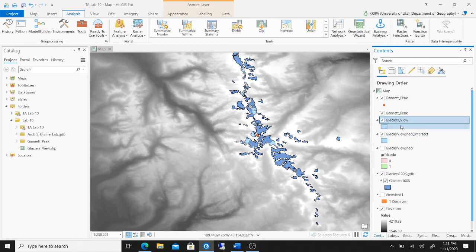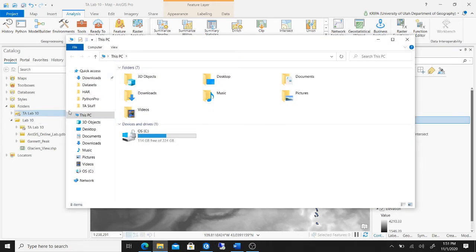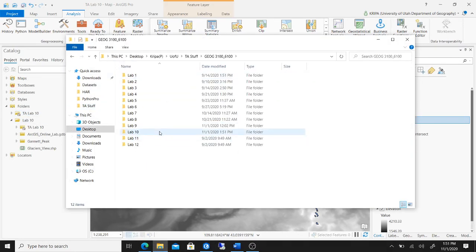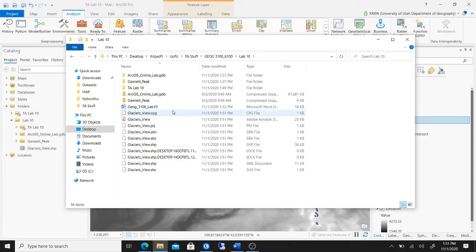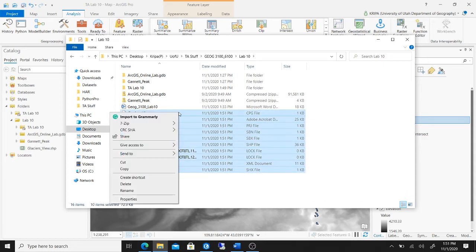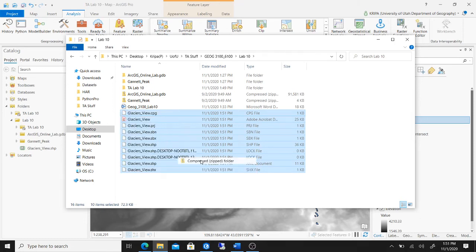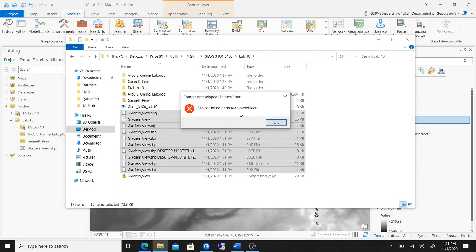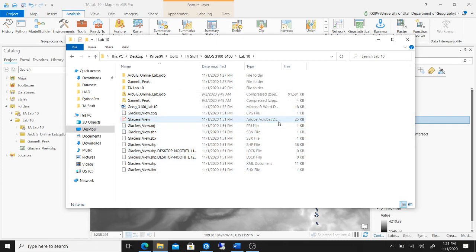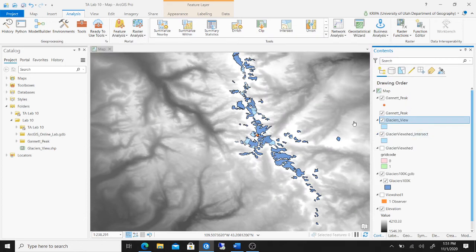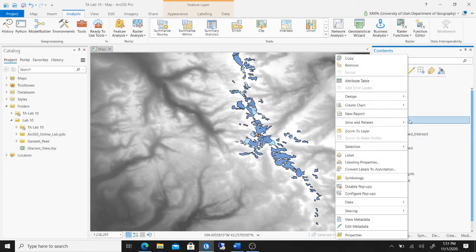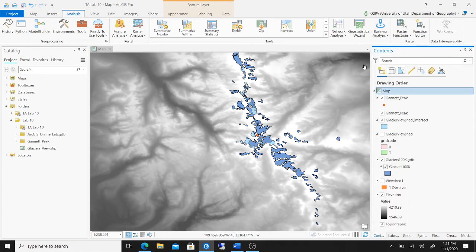And there you go. So if I open up my folder for lab 10, I'm going to see a bunch of these shapefile extensions here. I'm going to select all of these, right click and do send to compressed zip folder, and it's going to give me an error. There you go. It says file not found or no read permission. That's because it's opened up here. So we want to get rid of this, remove,